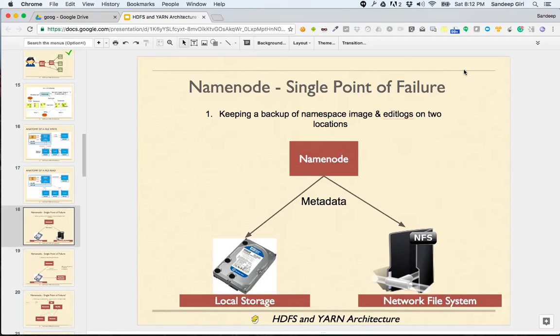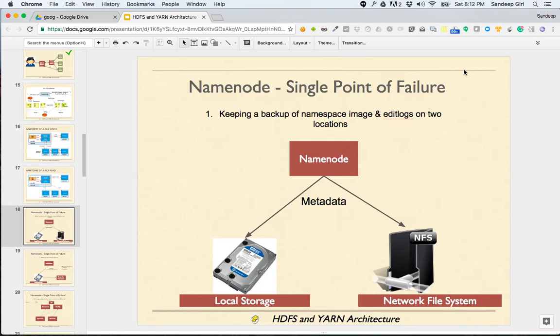So at any point of time, if you want to recover name node, it is the image, which is periodically kept on the disk, the image of the whole metadata or whole memory of name node, plus edit logs. These two things combined reflect what is inside the memory of name node.